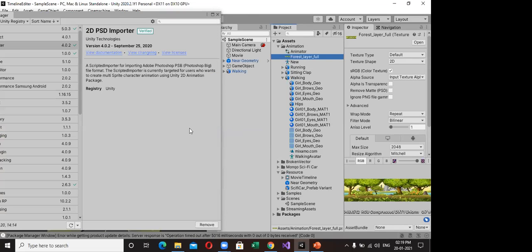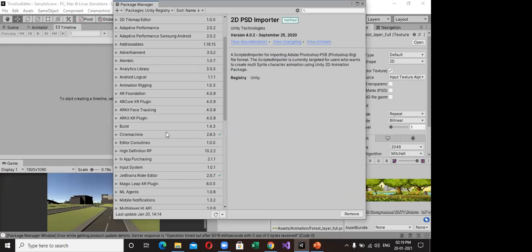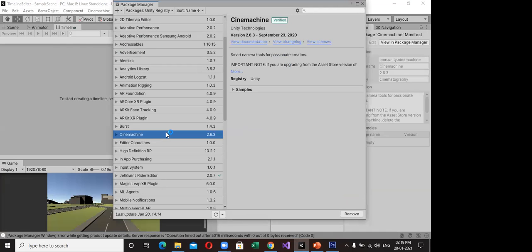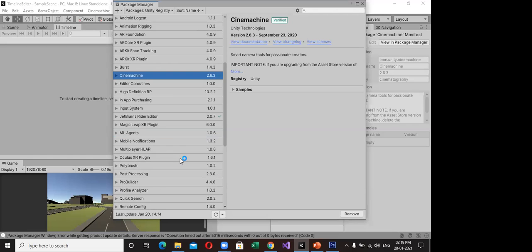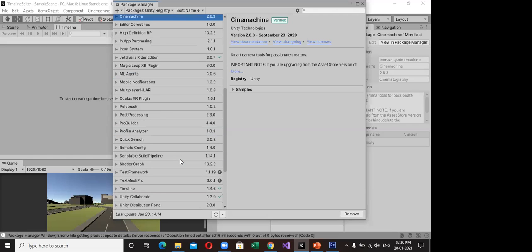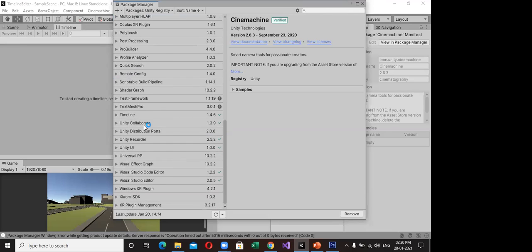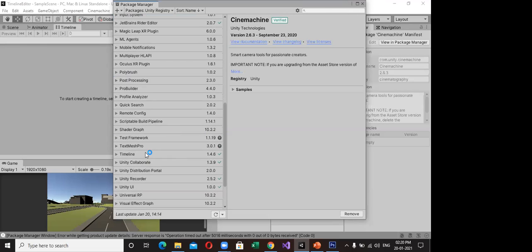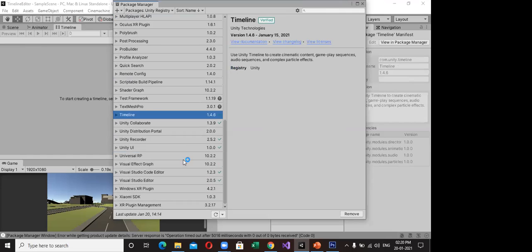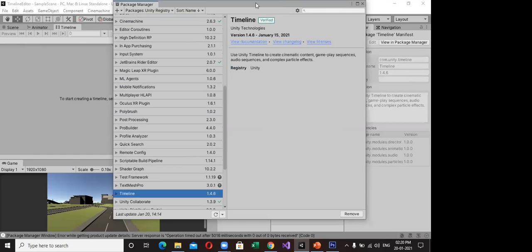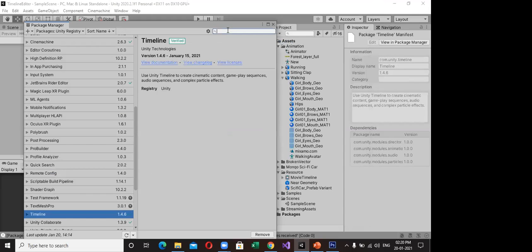Next, in other things, we install Cinemachine for your camera movements. Next we install Timeline. After that, we install Recorder, another plugin.